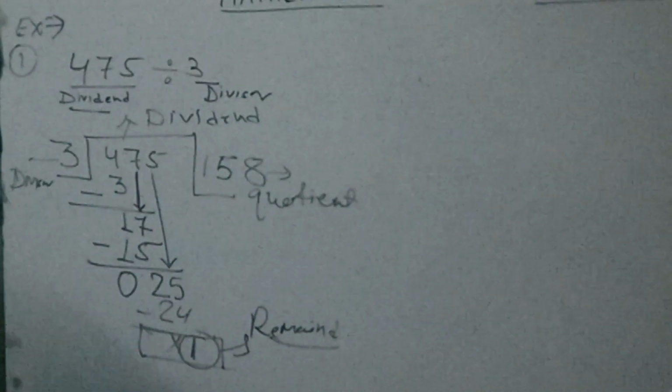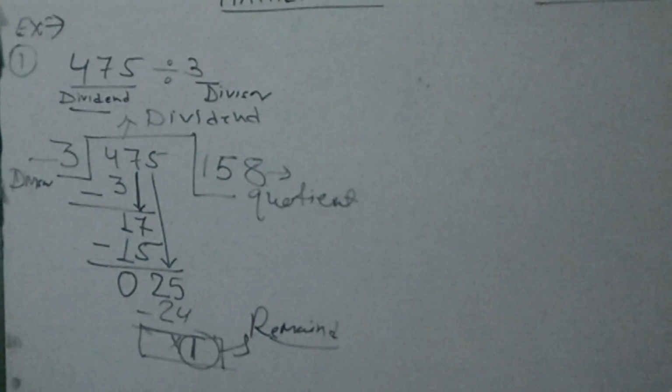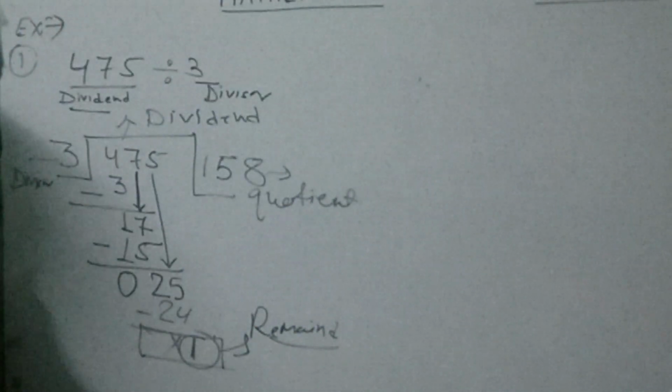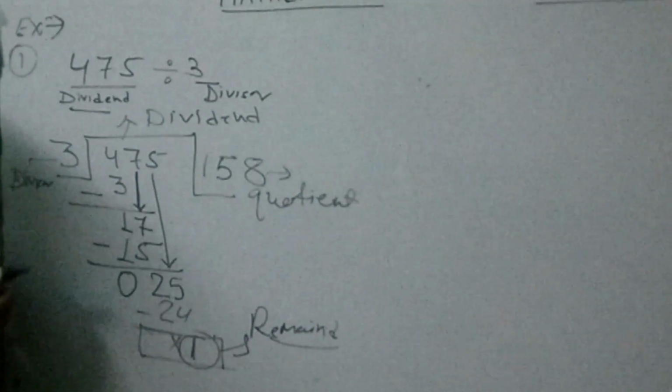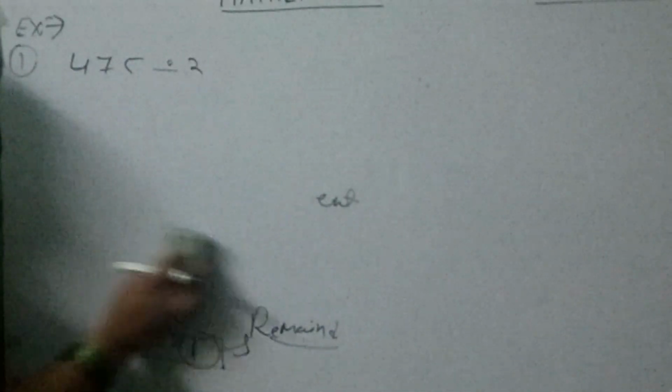Same way we will divide. Students, a single-digit number you can easily read, but for a 2-digit number, if you don't know the number table, then in the rough paper first you multiply and write the table, and after that you divide. It is easy for you. Okay, so the next example I will take from your book.